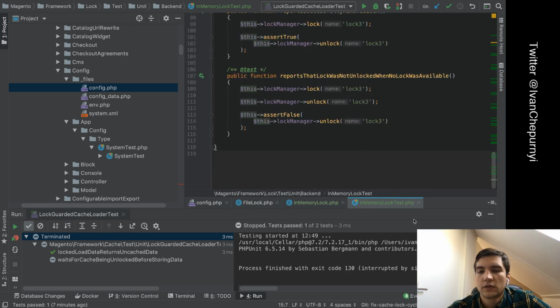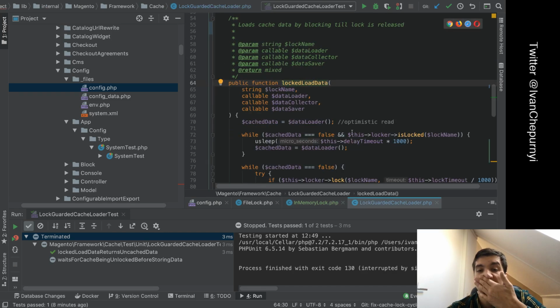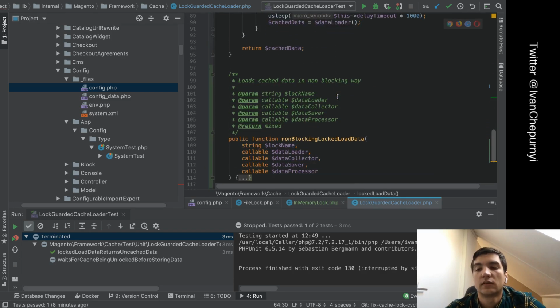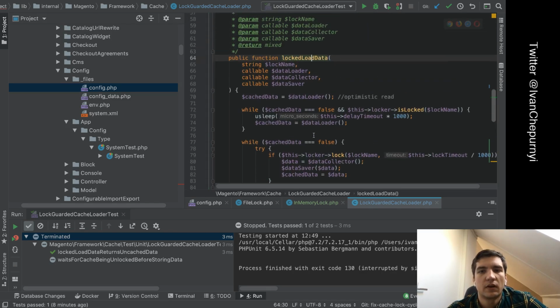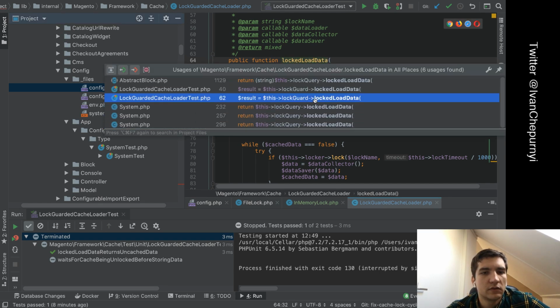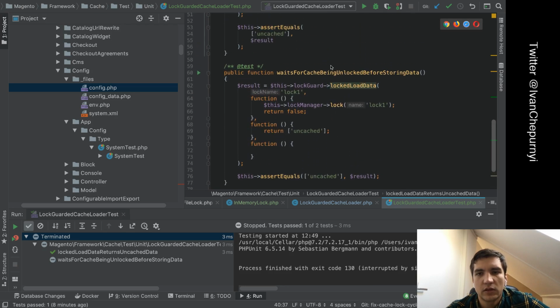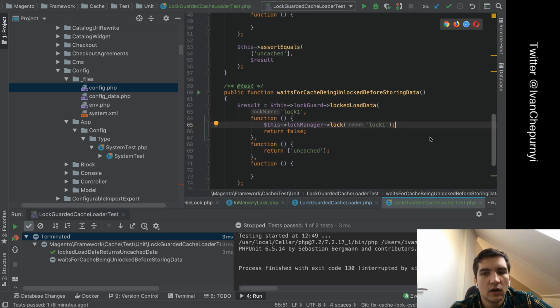Okay, so this one is working. Let's go back into our log guaranteed method. As we remember, I was trying to test it with log guarded cache loader. I was trying to test that it waits for cache being unlocked. So what I can do here,